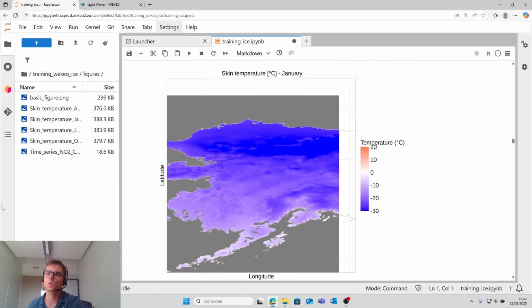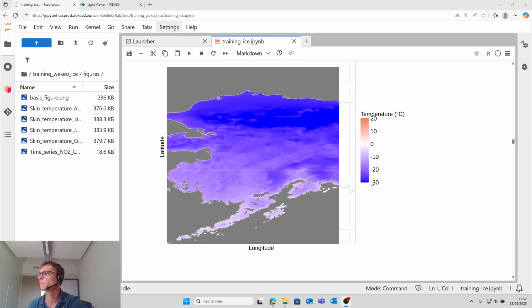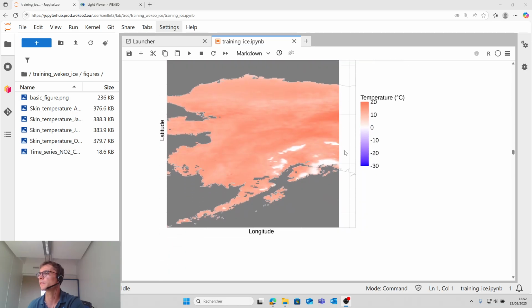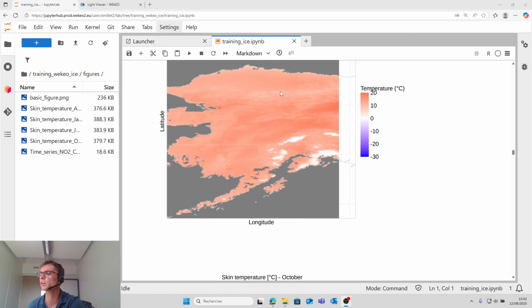So you can see a strong seasonal variability with temperature, because here it is minus 40 for the minimum, and here it is approximately 10 degrees in summer.